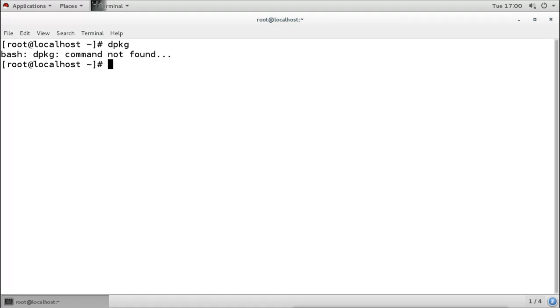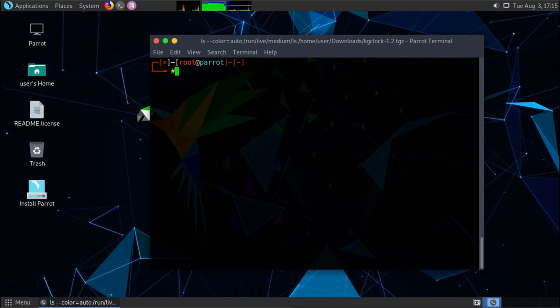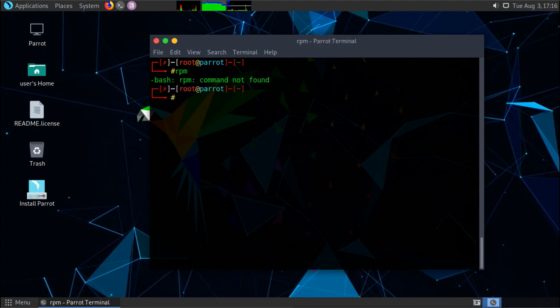We will have this command available in our Debian Linux systems. This is another Linux I have started, which is actually Parrot Linux, and this Linux is designed in the Debian style, so it supports Debian packages. When you try RPM here, it says command not found because it is not Red Hat.